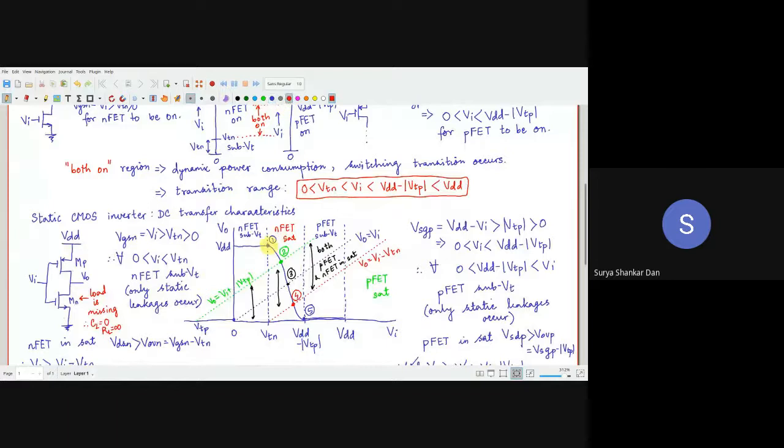In that case, you will find that this drawing is not correct. Ideally, this should go on like this, and it is almost perfectly flat here, and it will come like this. That means the gain between these two parts, where both pFET and nFET are in saturation, this green will come here, this red will come over here, almost like a perfect vertical. It means that the gain is maximum gain.